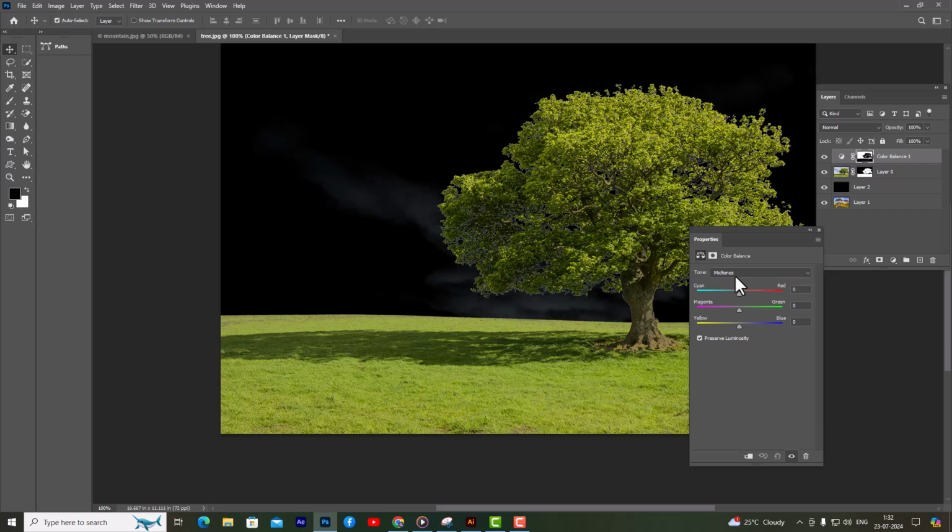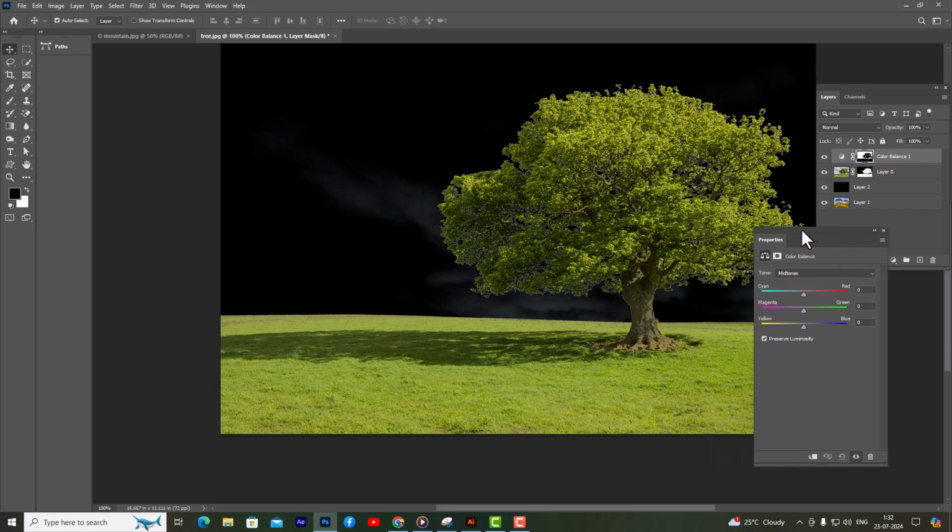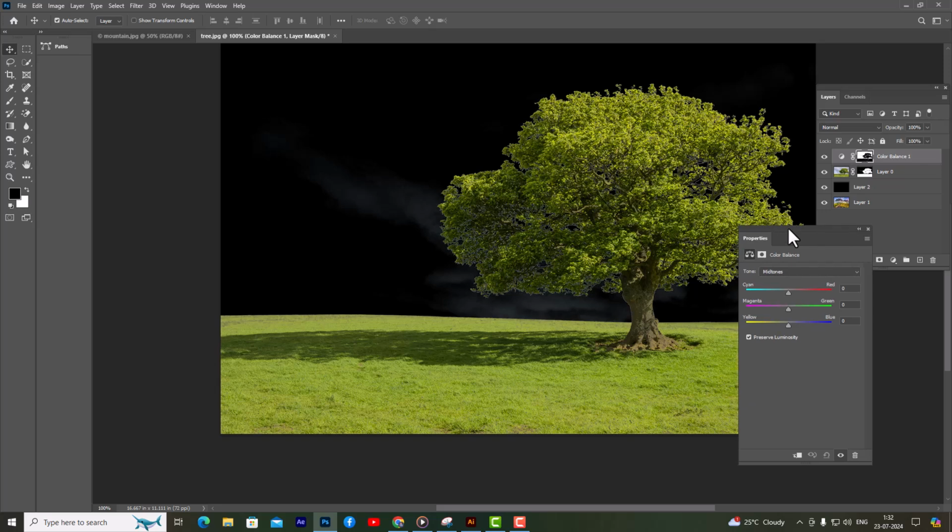The option currently active is Midtones. Midtones are basically the colors or the tones that are not too dark or too bright. So we will keep the Midtones active, and we will increase the green percentage. We can see the edges of the tree are becoming green,